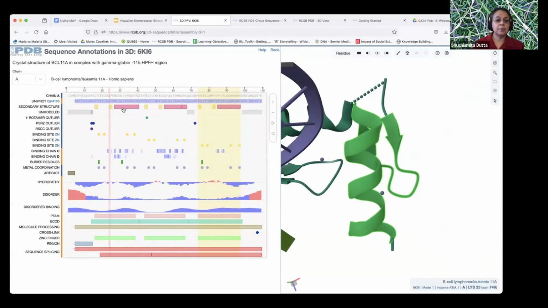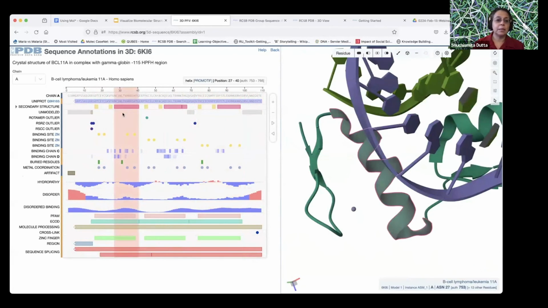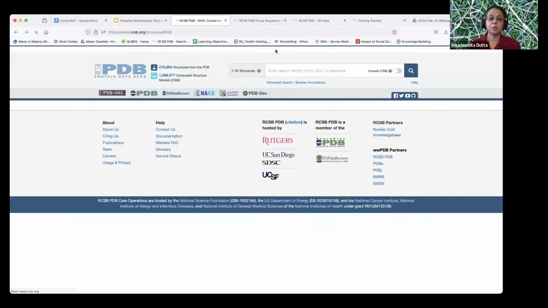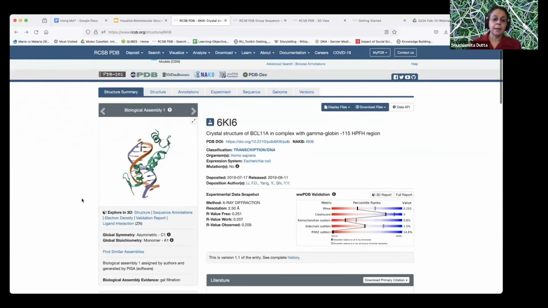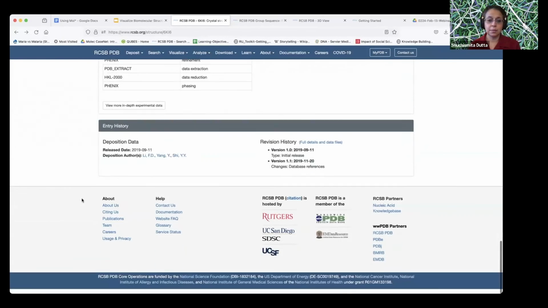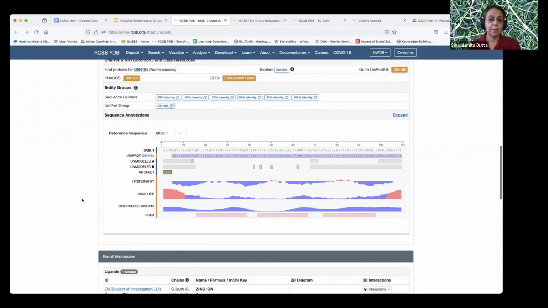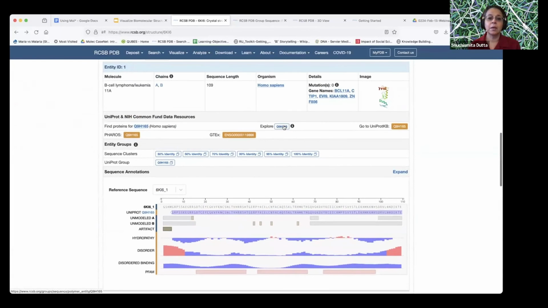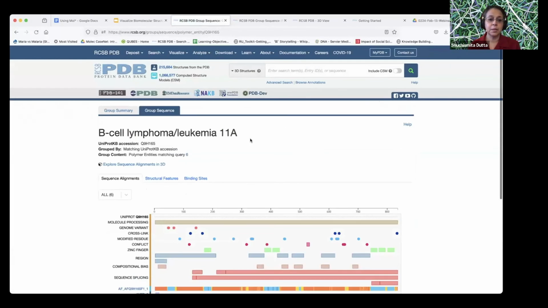Then I can show only one helix. I can look at these other different annotations that are displayed on the sequence. It can simultaneously be seen in the structure over here. So this, I think, is a very handy way of exploring the structure. And then I wanted to quickly point out that if we come down to the explore option here,